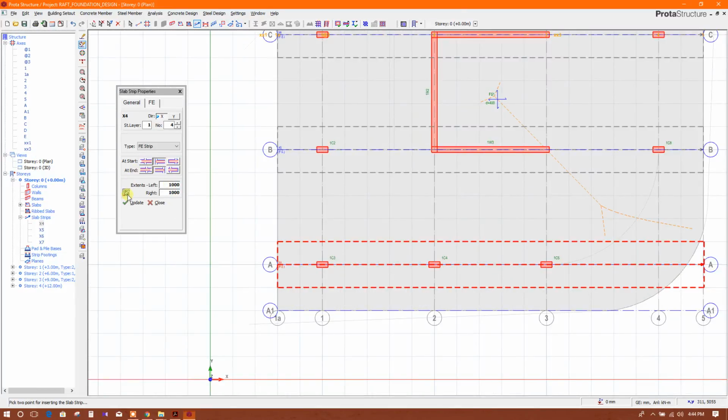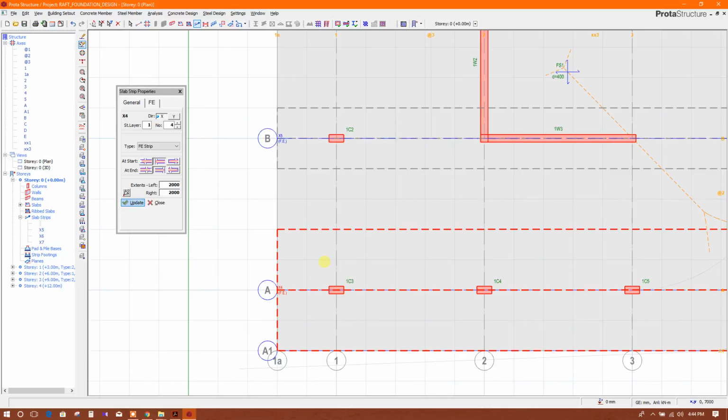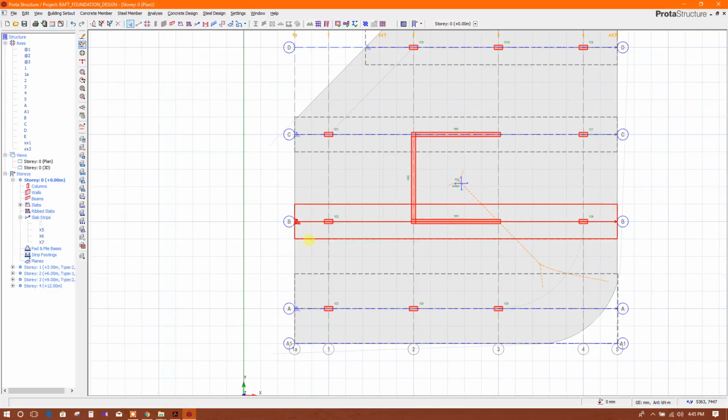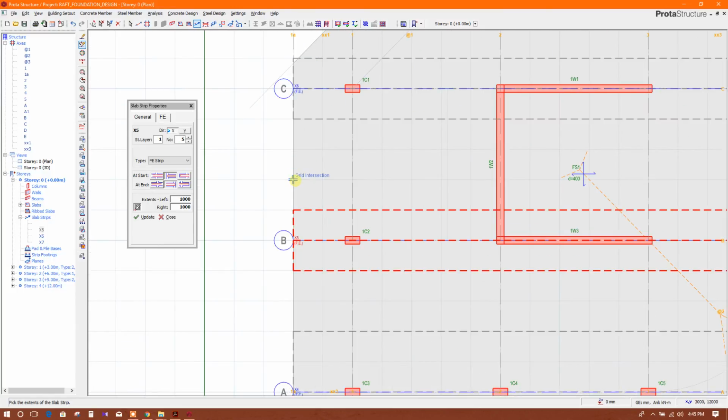Here we will click on this cursor, then here click update this, and here we have to click on this, then click on that point, then update. Okay, now press ESC, select this strip, go to strip option, properties, click on this, we will select this point,